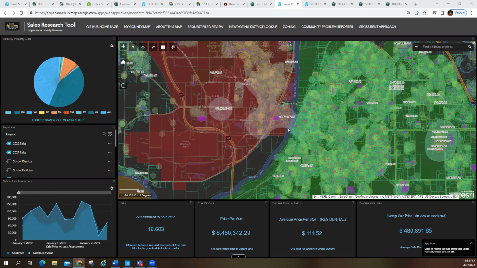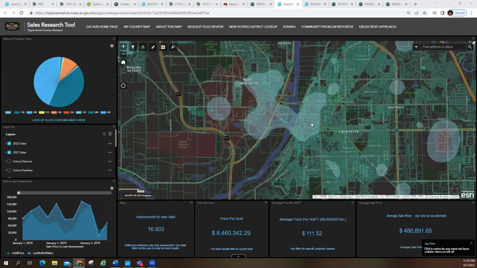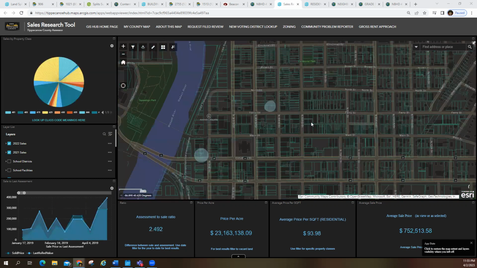It is unfiltered, so the users would need to apply filters if they have minimum sale prices, or if they're looking for particular property types, or want to exclude parcels that may not have been considered valid sales. That's up to the user to do. This is just raw numbers, but we do use it. Again, it's very effective in trying to describe the market trends to taxpayers when they have questions about why their assessments went up. Here you can see that as we move around the map,